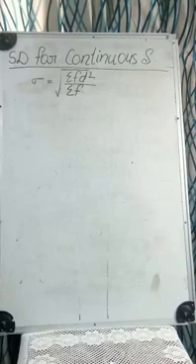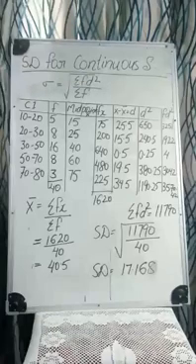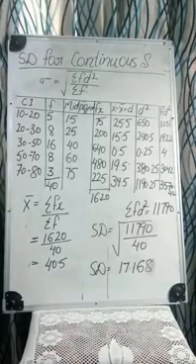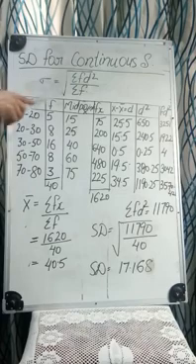So we will take one example in which we have the class groups or intervals. We will take an example in which we have the class intervals on one side and the frequency on the other side. So first of all we need to calculate the mean. For mean we need the calculation of the midpoint. We will calculate the midpoint of the class interval.